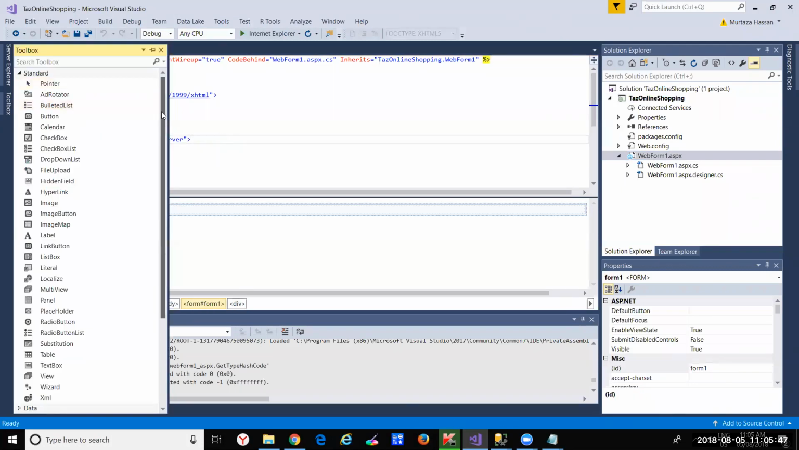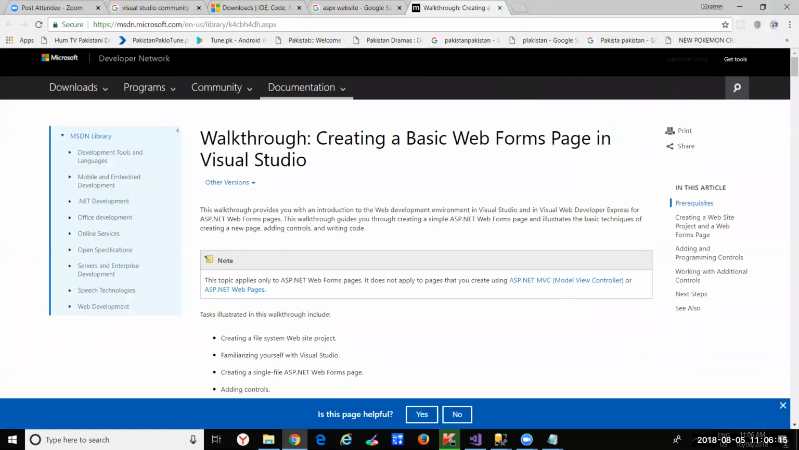Here's our toolbox. These are all ASP.NET controls. You got your buttons. You got your calendar. The main thing you'll use is a button. You got your drop-down list. You might use a panel or a list box. There's a lot of things you can use here. And if you wanted to go through all the ASP.NET controls,